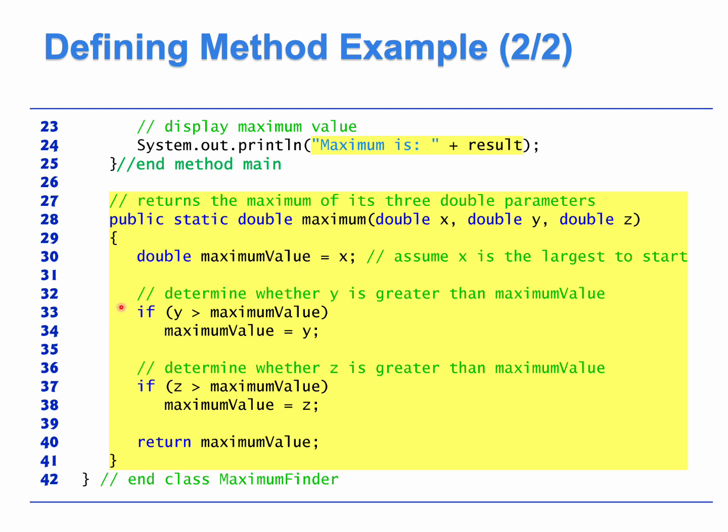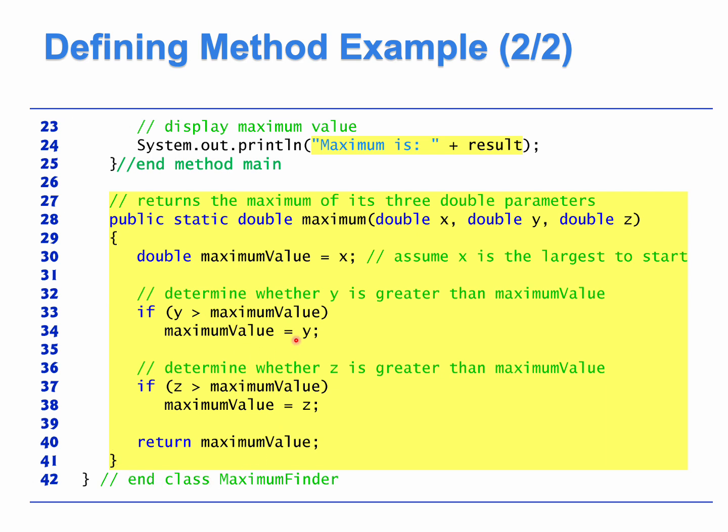This is the definition of the method maximum in lines 28 to 41. Line 28 contains the method header of the method maximum, and lines 29 to 41 contain the method body